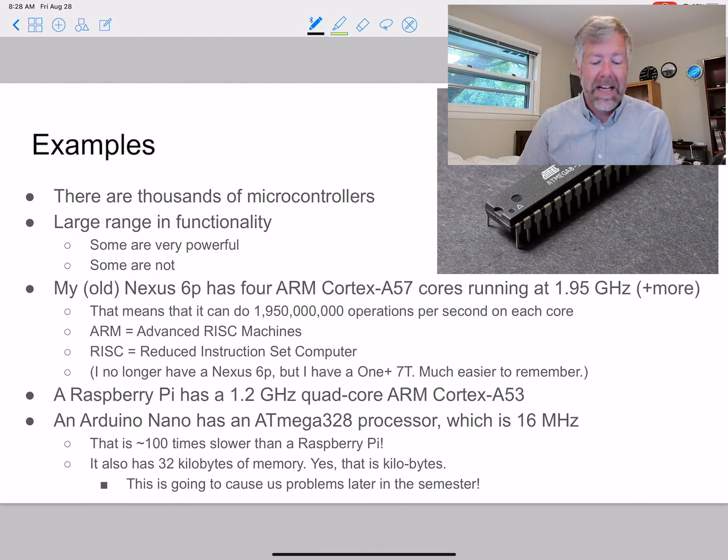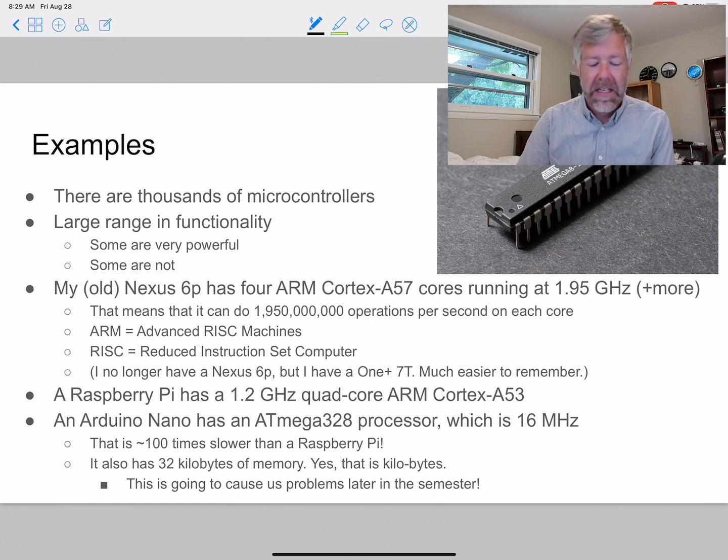For example, my old phone was a Nexus 6P, and it had four ARM Cortex-A57 cores running at 1.95 gigahertz. That means it can do basically 1.95 billion computations per second on each core, and there are four cores. ARM stands for Advanced RISC Machines, and RISC stands for Reduced Instruction Set Computer. This is all confusing lingo, but a lot of processors will be ARM processors or RISC processors. Anyways, details. A Raspberry Pi has a 1.2 gigahertz quad-core ARM Cortex-A53 processor,